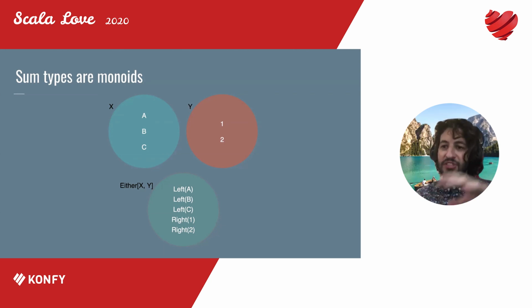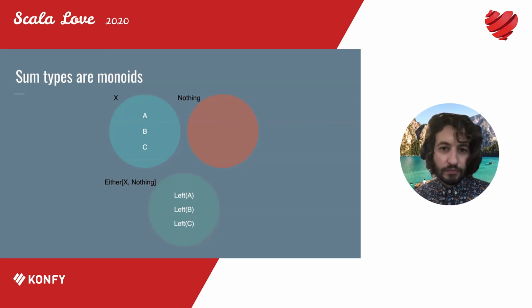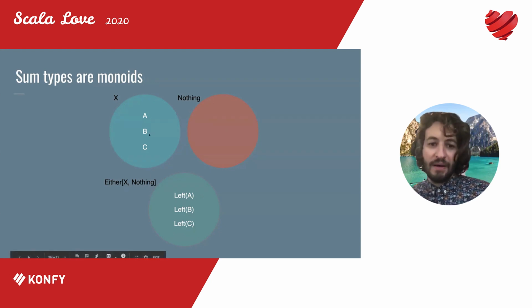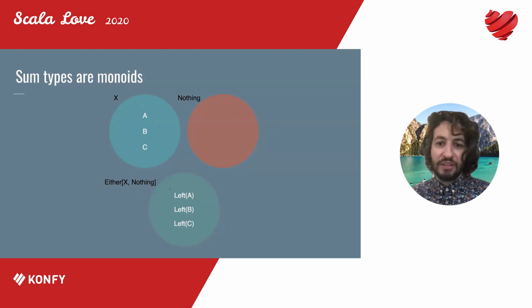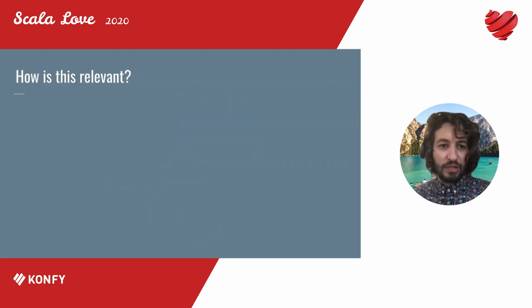So yeah, there are lots of these different analogies that start to make sense if you think about the theory and how these things work. And if you do the same thing here with nothing, which is 0, you basically add 0, which is always going to be the same, right? So 3 plus 0 is still 3. Yeah, and so again, these two sets are isomorphic. They're pretty much identical. All right, so some types are monoids, product types are monoids.